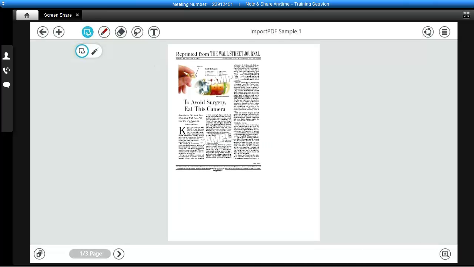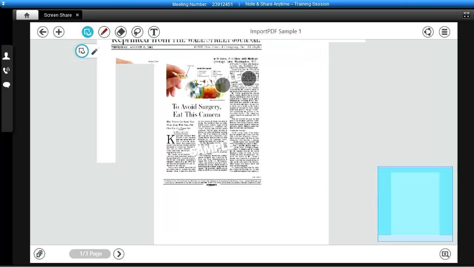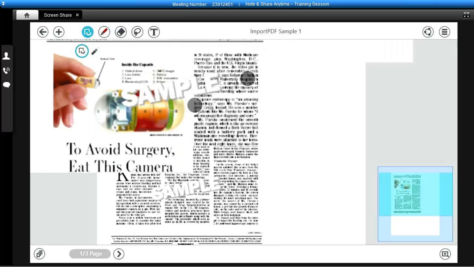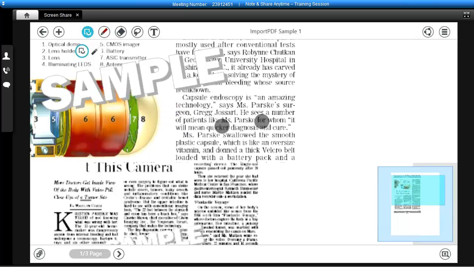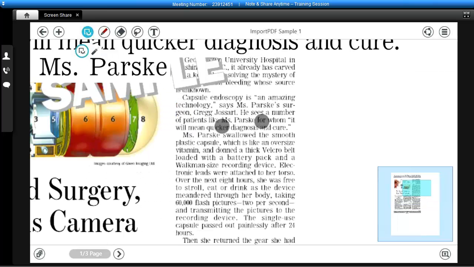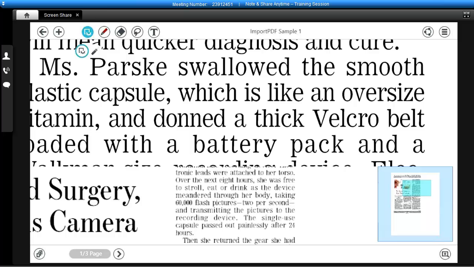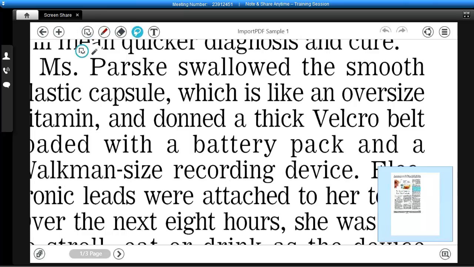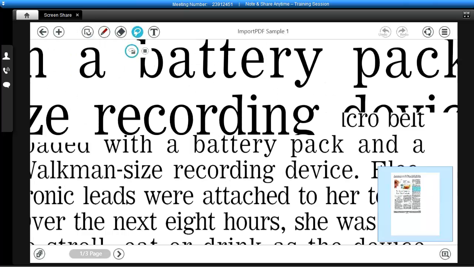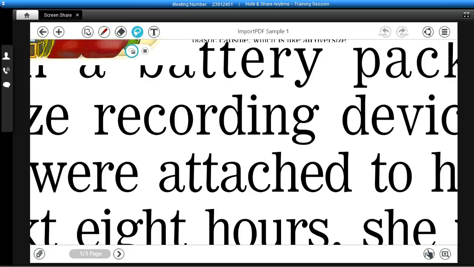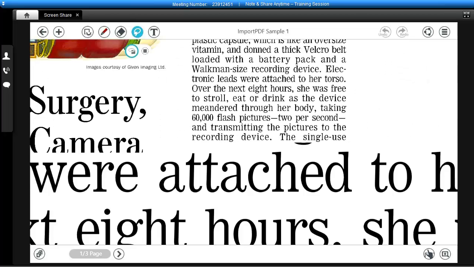And I've just taken this off the web here. It's a Wall Street Journal article sample. If we zoom in, you should see that the quality of the document is retained, but I can't pick anything. It's a background image. So I can annotate this PDF. So for example, here's the images and things. I could pick my pen. I could create a,